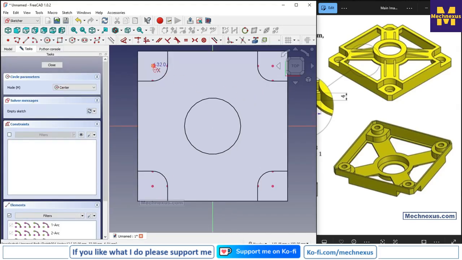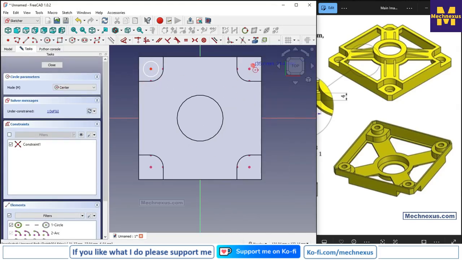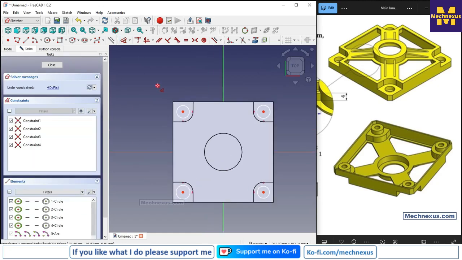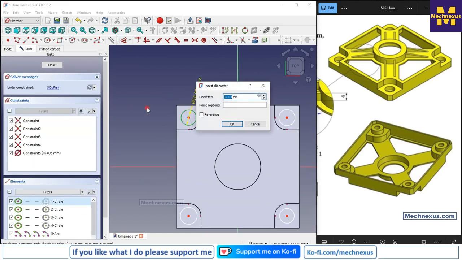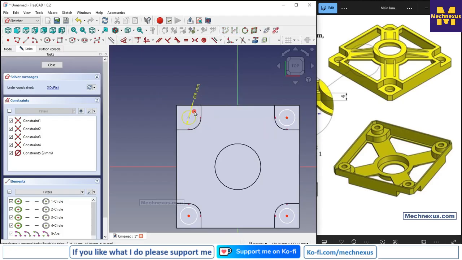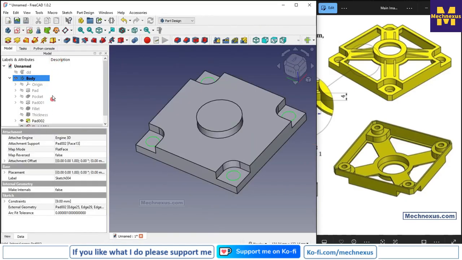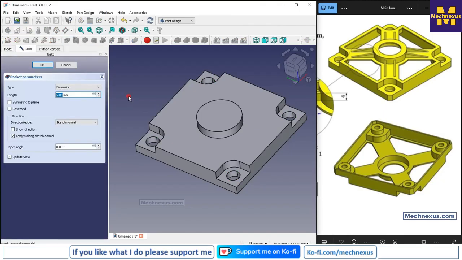Select the circle and create the 4 circles, and select smart dimension, give it 9 mm. Now select all 4 and make them equal. Close it, and here click on the pocket and give it 4 mm,